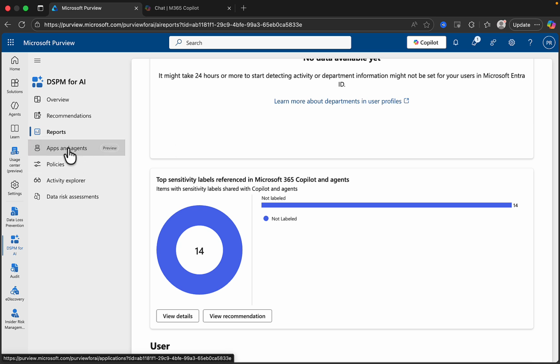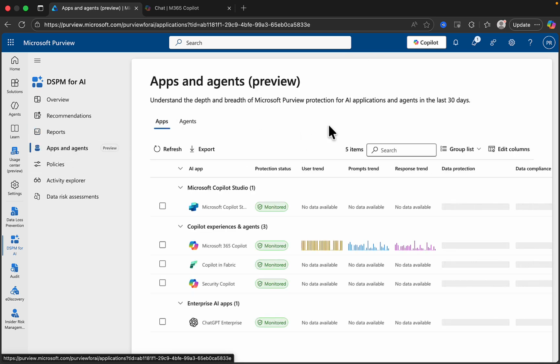There's a preview feature here for apps and agents as well, so understand the depth and breadth of Microsoft Purview protection for AI applications and agents within the last 30 days. So we can see here various apps. We can see that Microsoft Copilot Studio is monitored. We can see Copilot is as well, and we can see the user trends there for Copilot, which it can return some results for. We can see things like Copilot in Fabric, Security Copilot, which at the time of recording,